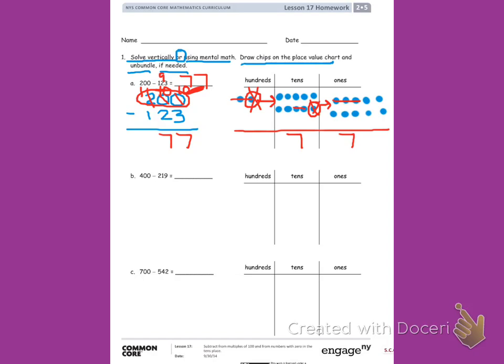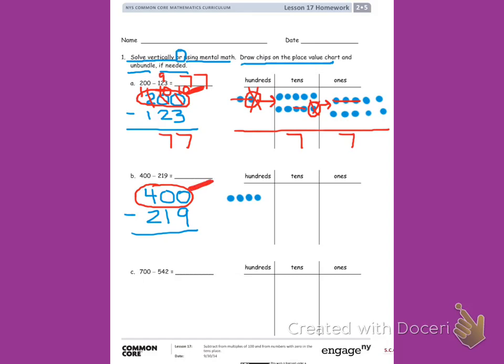You get to do items B and C on your own, but I'll go ahead and get you started on item B. Let's write it vertically first. 400 minus 219. Make sure your numbers line up. Now let's draw the number 400. 400 has 4 groups of 100. 1, 2, 3, 4. Don't forget, drawing a magnifying glass around the number 400 reminds us that this is the number we're really